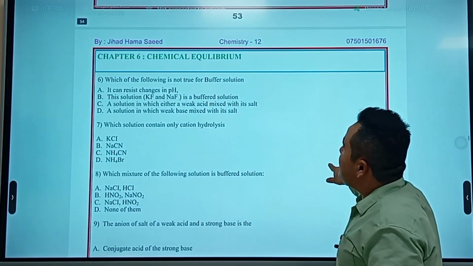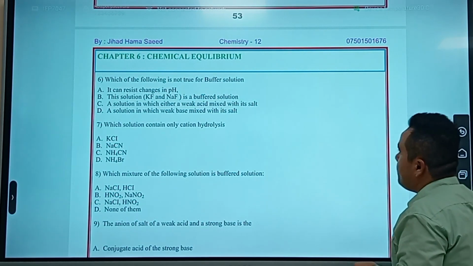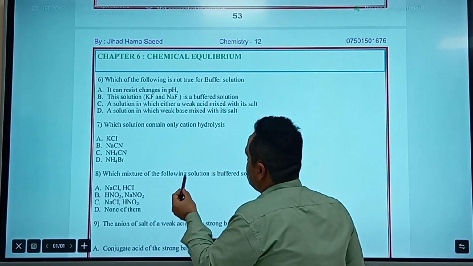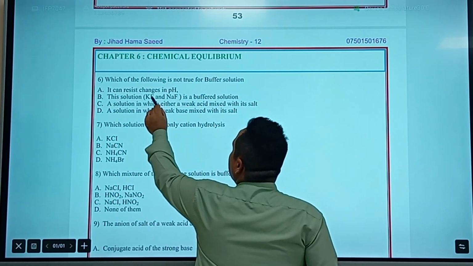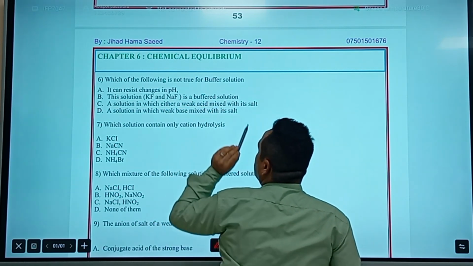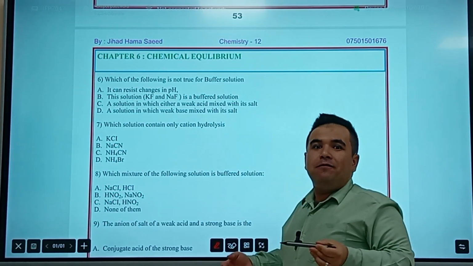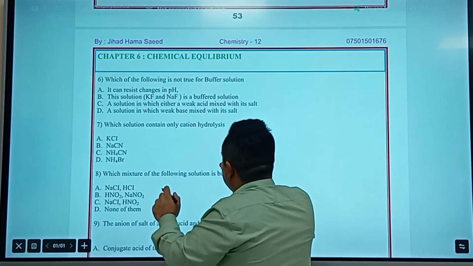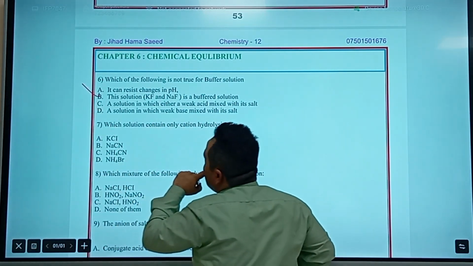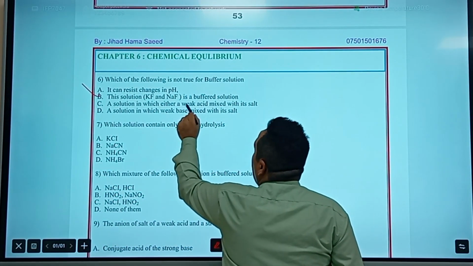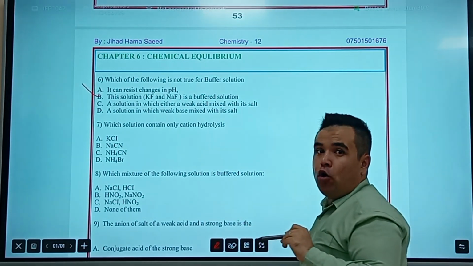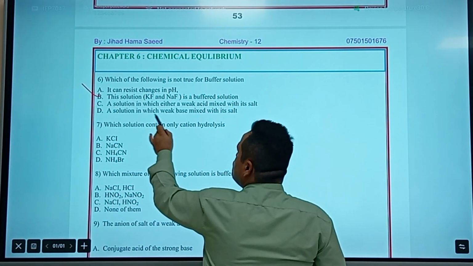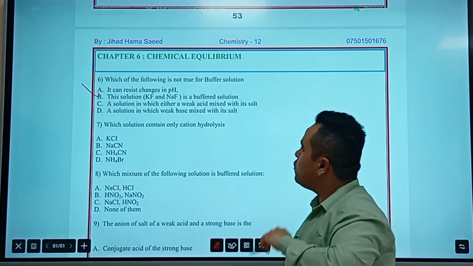Which of the following is not true for a buffer solution? It can resist change in pH. Yes, it can resist change in pH. This solution KF and NaF is a buffer solution? KF and NaF, they are two salts. From two salts, we cannot form a buffer solution. So it's not true. A solution in which a weak acid is mixed with its salt, yes, it can form a buffer. A solution in which a weak base mixes with its salt is a buffer,